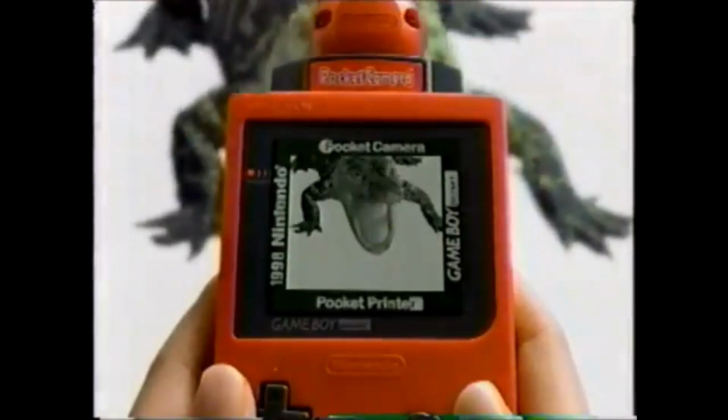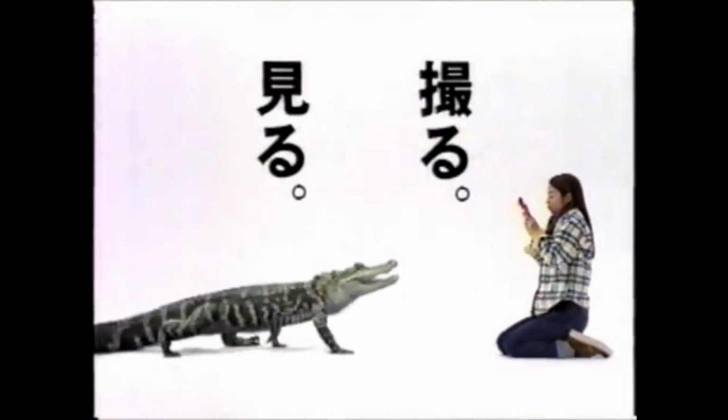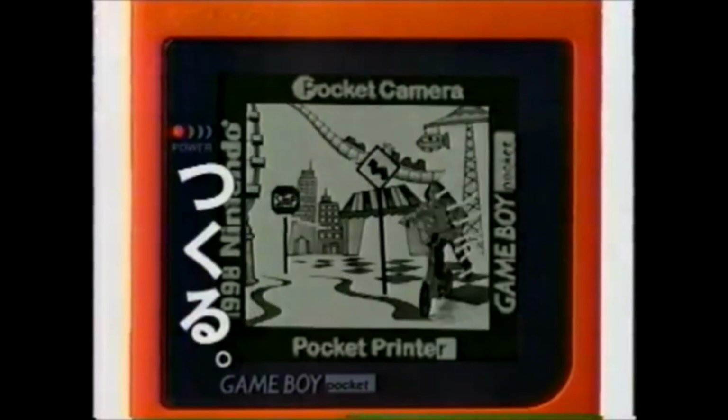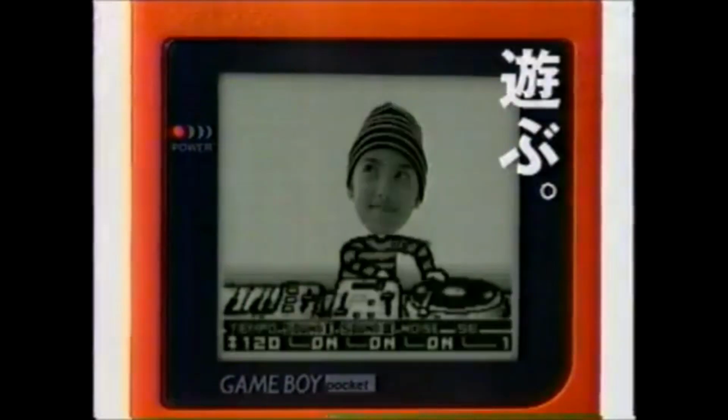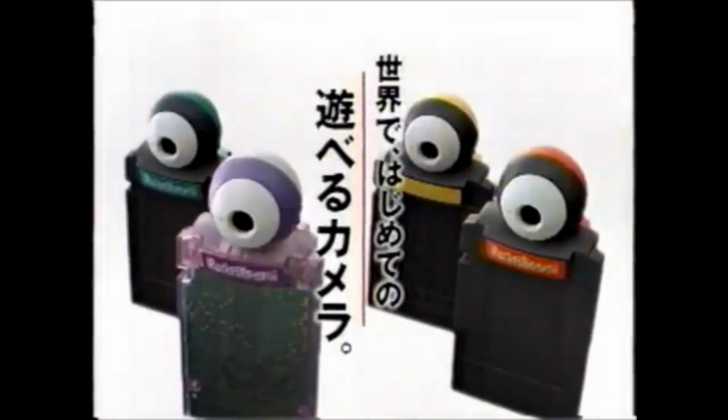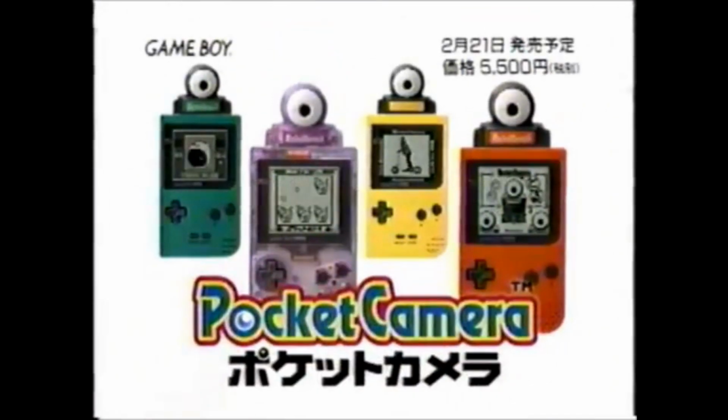Now, you use quite a lot of modifications on your Game Boy camera gear. Can you walk us through your gear setup? What kind of mods and adjustments do you have for your Game Boy camera? And what kind of things can you now do with the photos that you couldn't do with just the normal base camera? Yeah, so my main gear right now, I have a custom built Game Boy Pocket that I use